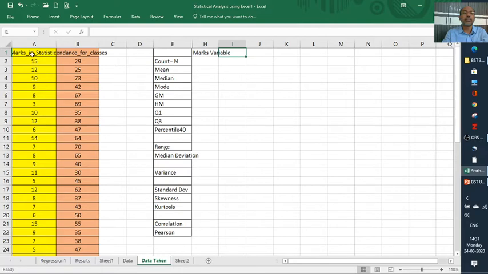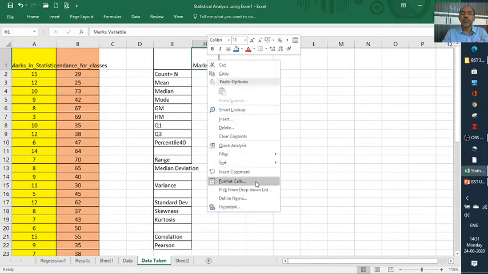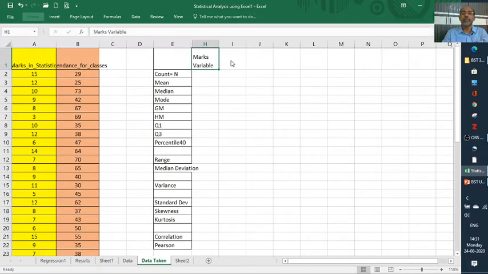Then next we'll take the attendance variable. Actually there is no relation. For finding mean or median we don't require these two variables.